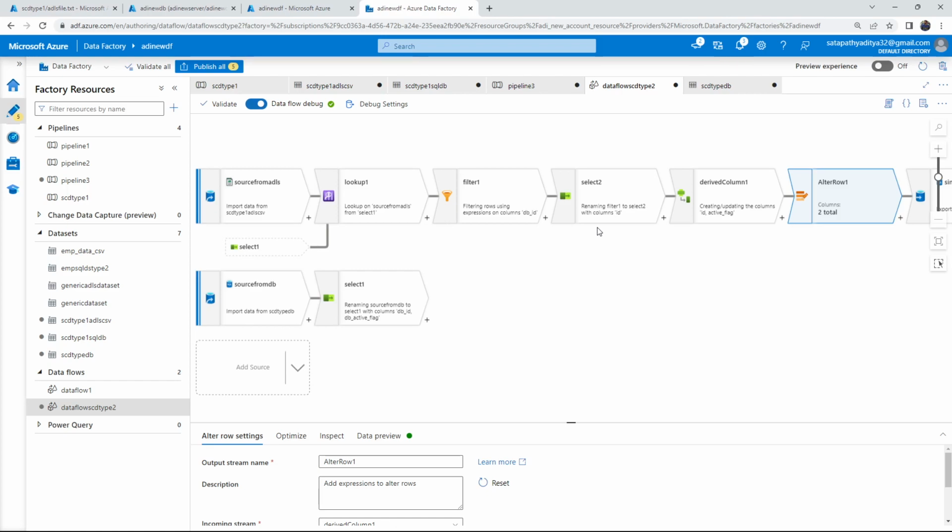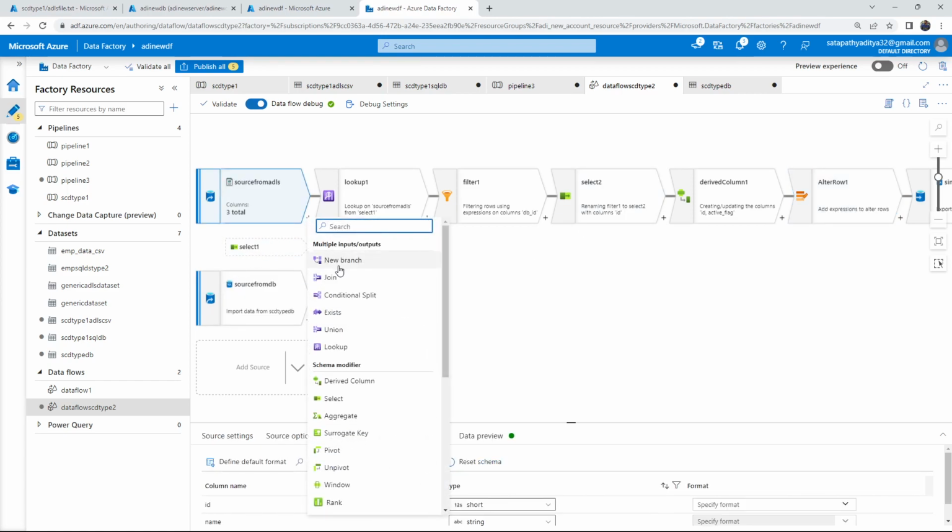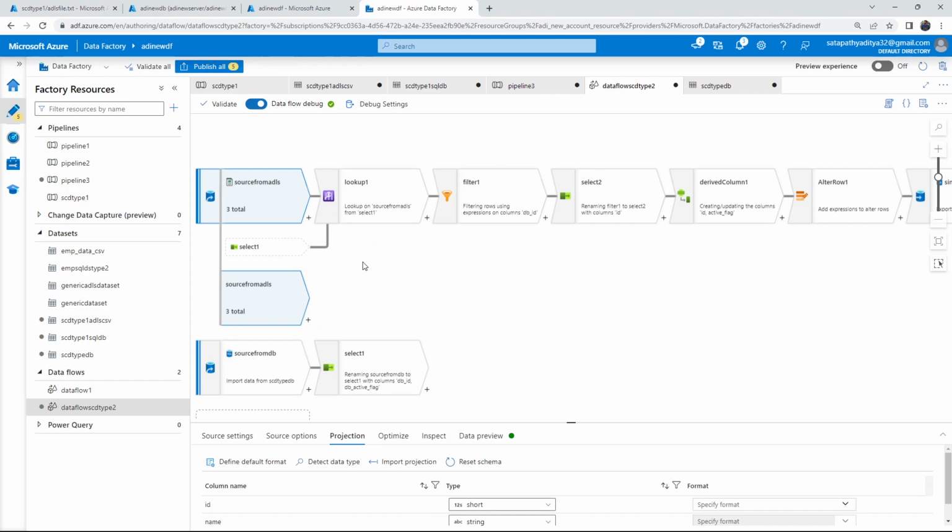Now we need to do the other part, where we need to add one more condition. What we need to do here is draw a new branch. Once we create a new branch,